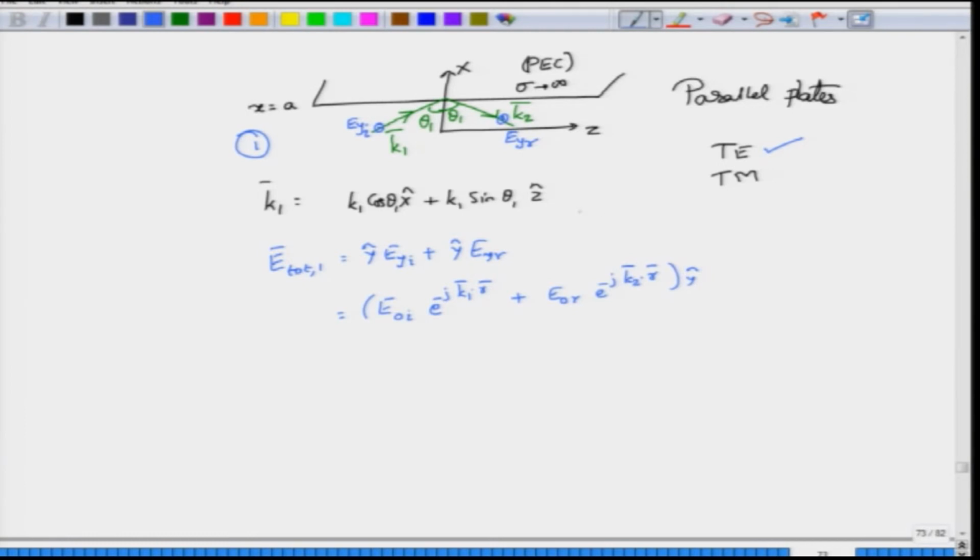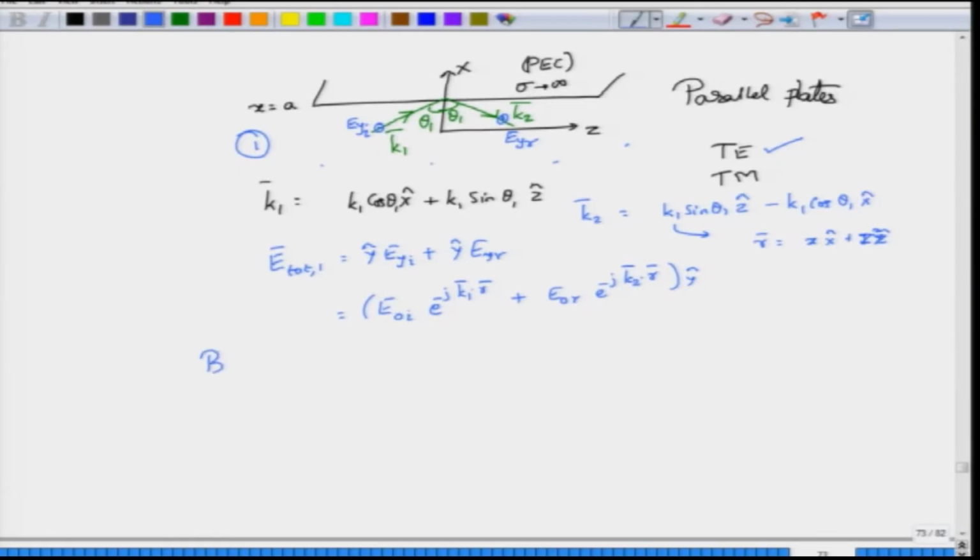Now, what is K2? You can see that the direction of K2 is such a way that it is moving away from the x direction, right. And when you decompose this K2 in terms of its x and z components, you will see that along z it would still remain the same. So, it would still be K1 sin theta 1 z hat. Can you tell me why K1 is equal to K2? Think about it. Okay. However, along x it would be minus K1 cos theta 1 x hat. Okay. Your r vector of course is given by x hat plus, sorry, z hat, which basically describes any point in this plane. Okay. So, that is your position vector r.